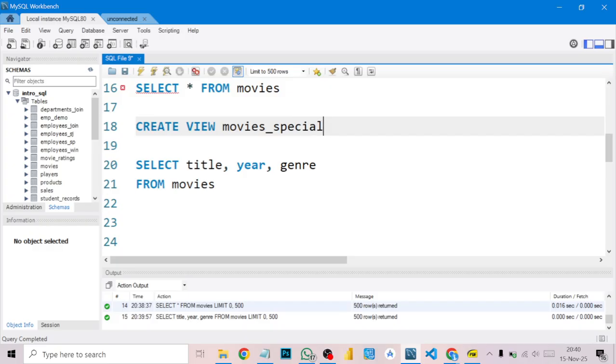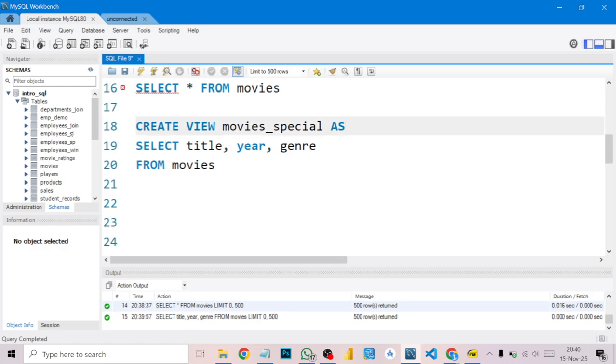Then you say AS, and you join this: CREATE VIEW, then the name of that view, AS this select query. So if I run this,